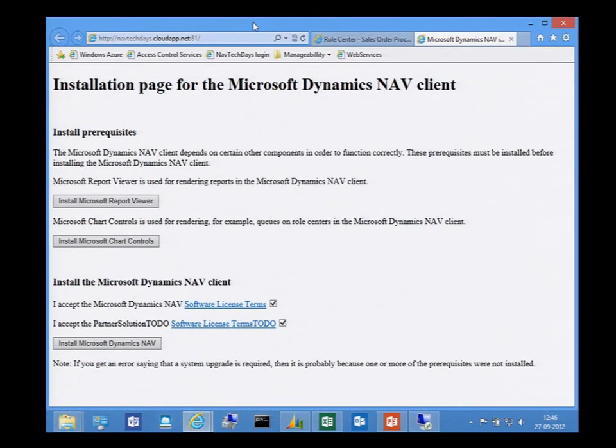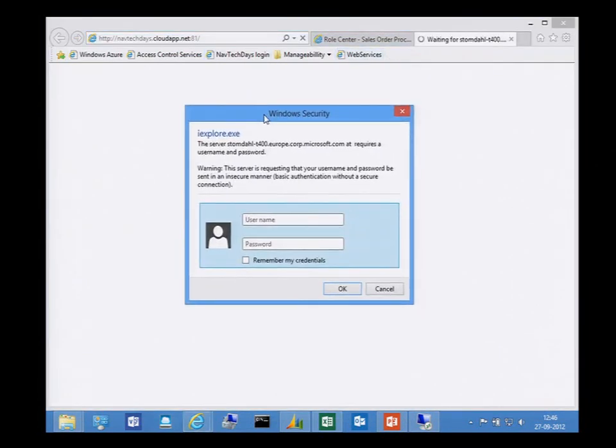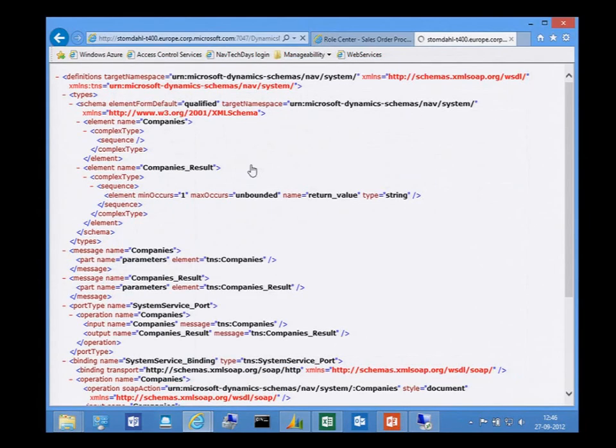So if I go over here and I say web services, you can see I'm prompted like it would be. Normally I can of course type my NAV user and password 1234. I can log in. But I can also use the web service access key that only works here. So I type in NAV user and this key. Press OK. And you can see, well, right now I don't really have much, so this is just the default services. We have service and companies and system service. So you can see I'm logged in.